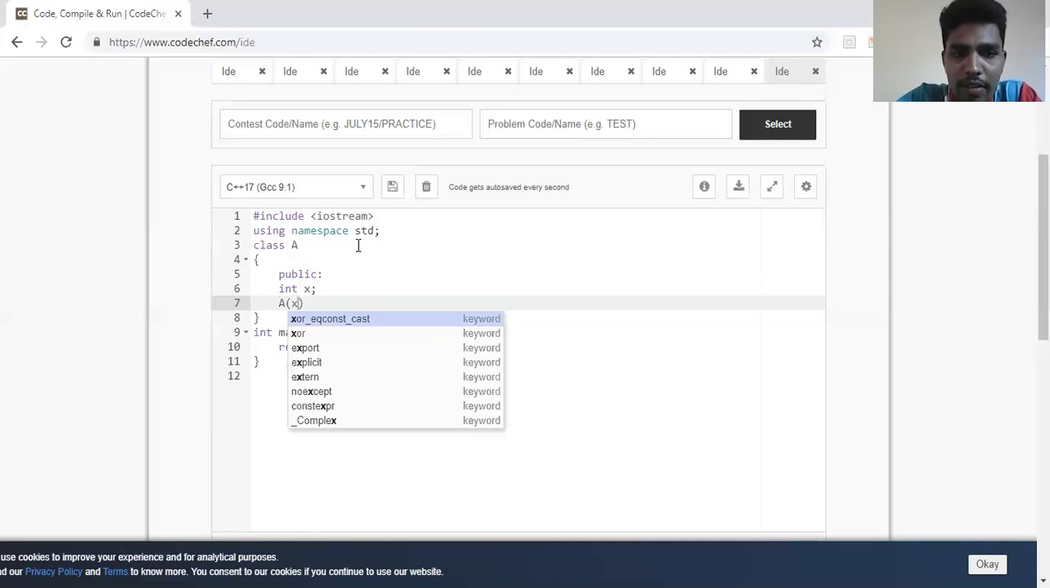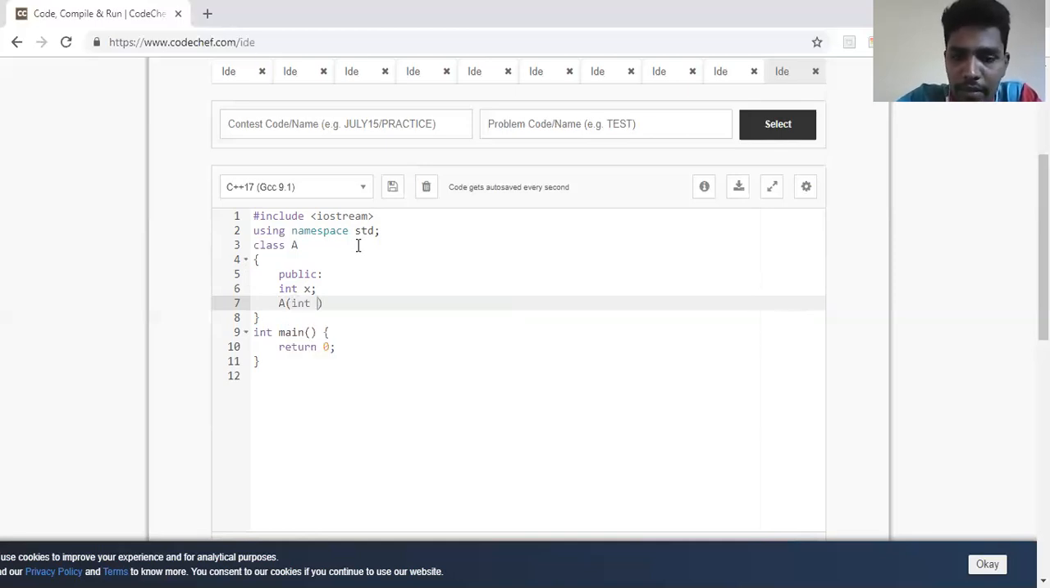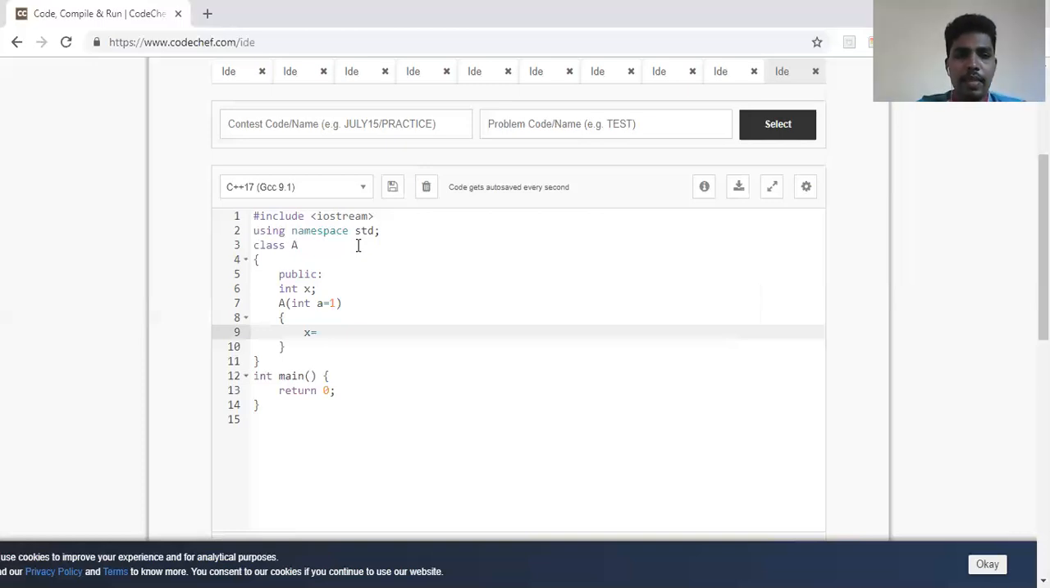So let me have a constructor which is taking an argument a equal to 1. So that is defaulted. So I'll make X equal to a. So I just have a class A which is having a member X. Fine. Okay. And then